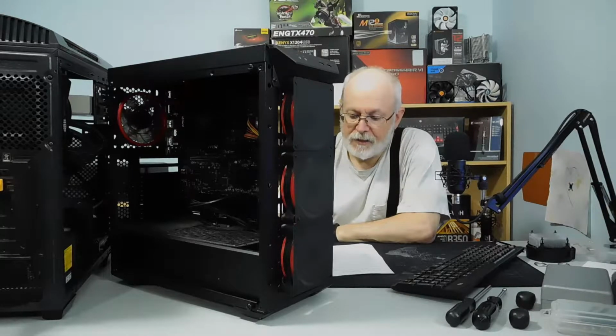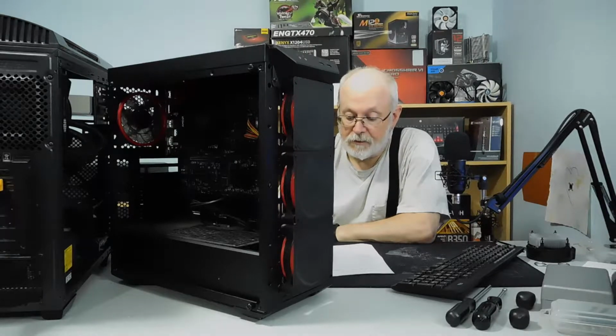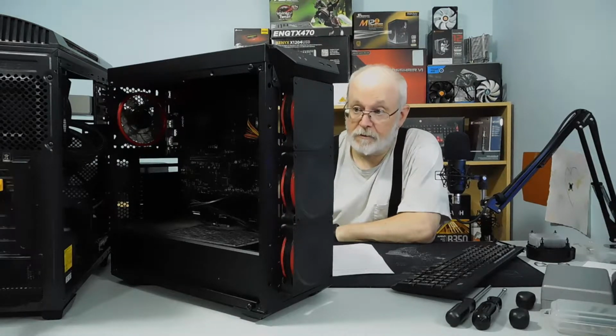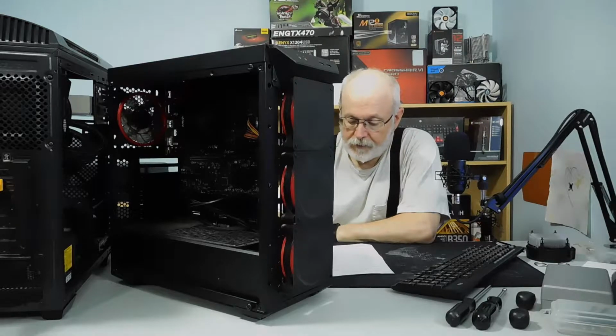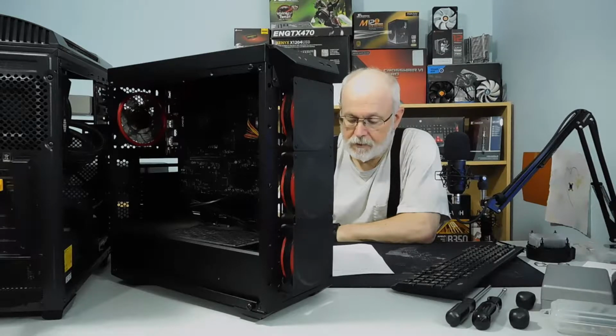It has an AMD Ryzen 5 2400G. It's got the Wraith Spire cooler. And it has 16 gigabytes of DDR4 2666 megahertz RAM. And of course the graphics inside of it is the Vega 11 AMD graphics. And the motherboard that's in there is an MSI B350M Pro